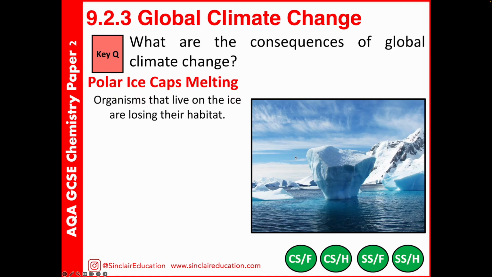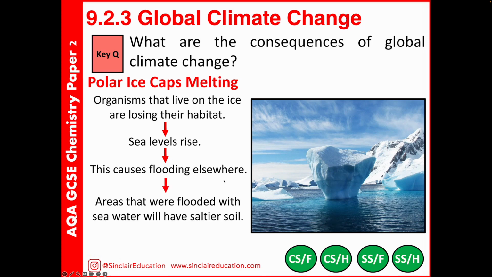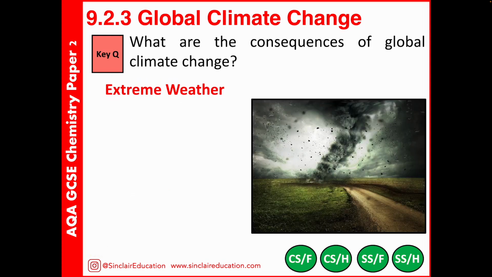So what we'll find, and this kind of starts to link into the biology as well, is that organisms that live in these areas are going to lose their habitat. But sea levels will rise, and the issue we've got here is that we'll have flooding. But the land that gets flooded is flooded with salty water, and that is not particularly good for whatever plant life in particular or animals are using that water. So we're going to find these areas are flooded with salty water that make it very difficult for plants to live. And so in that, not only has it been flooded, but it's also been drenched in salt. So both of those things are going to have a devastating effect for habitats.